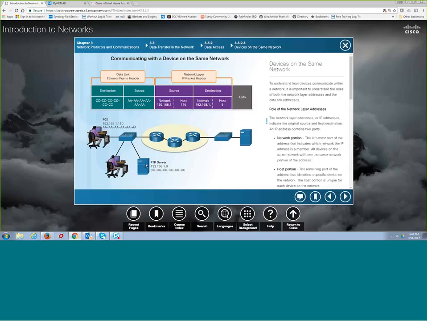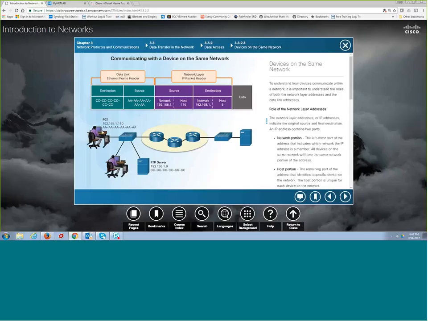Now, because they're on the same network, that broadcast would come out here, and what a switch does with a broadcast, it sends it out every port except the port it came in on. So it would get sent out here, here, and here. Well, that broadcast would be ignored by this link and this link because neither one of those is 192.168.1.9. This server would hear that ARP request and would send an ARP reply and say,